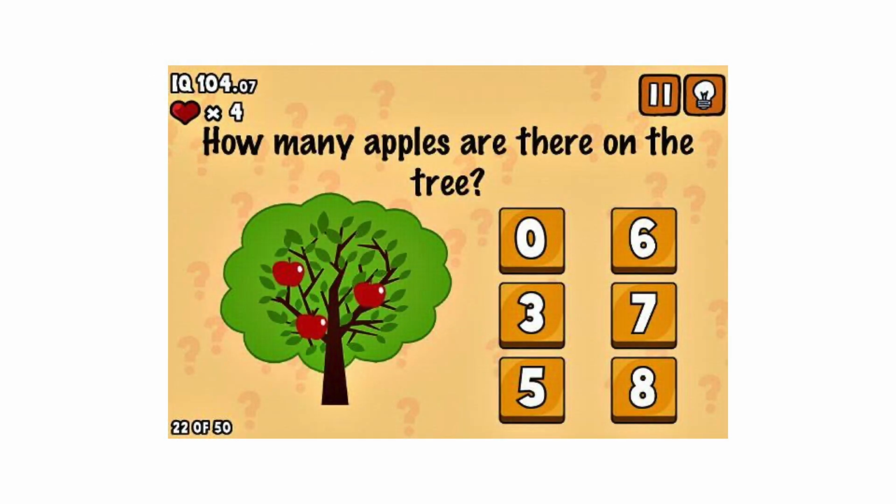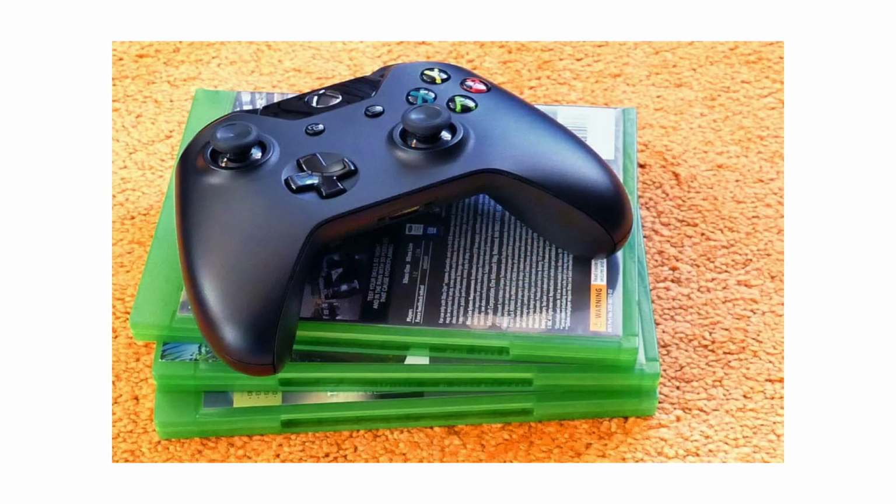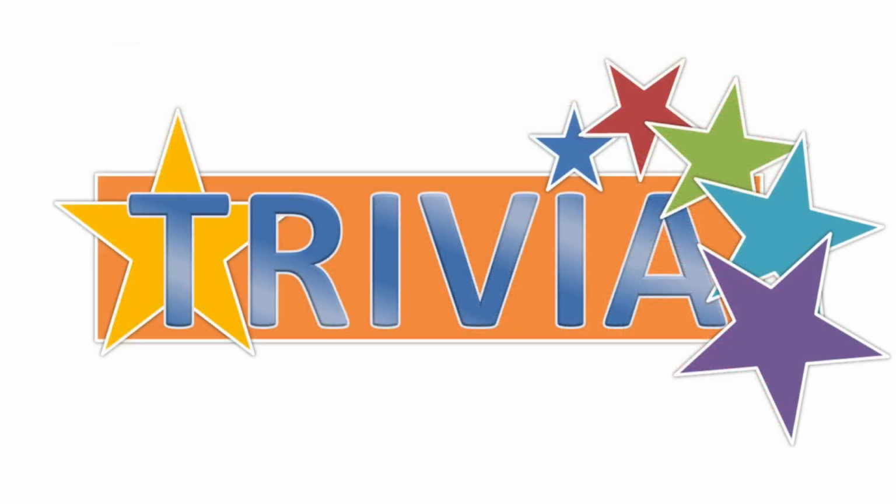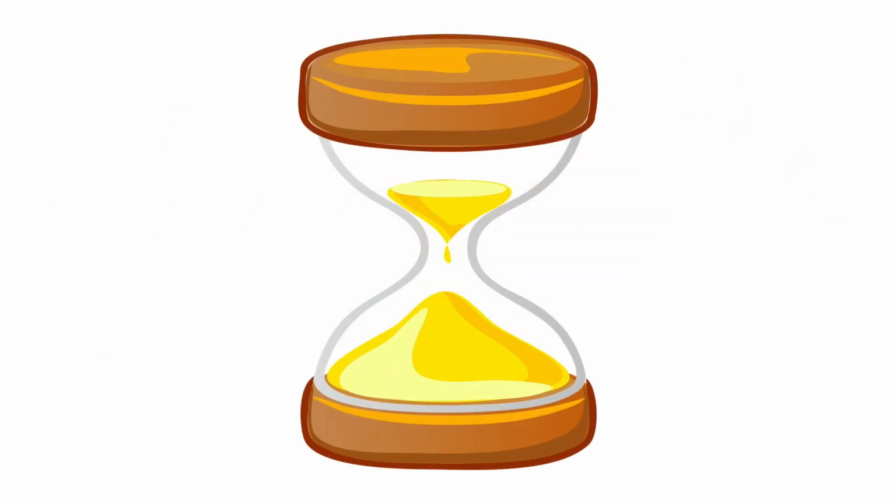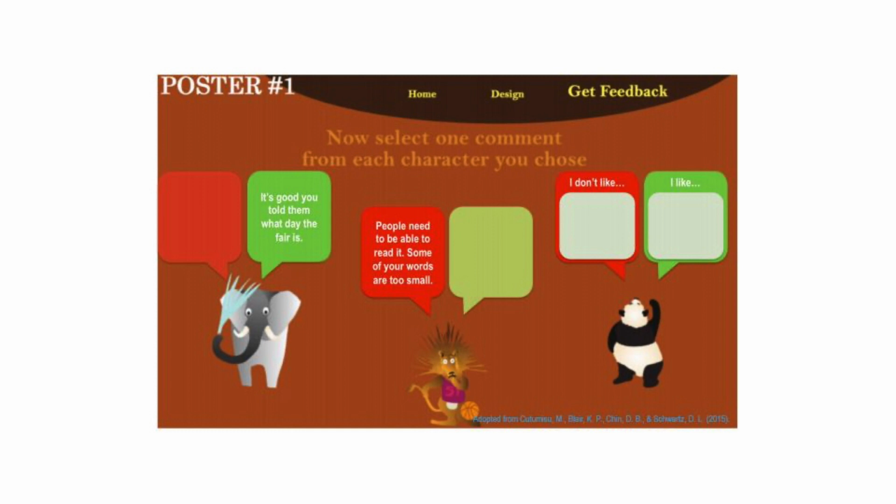Another kind of online question you can use in online learning is game type activities. Game type activities turn a series of test questions into a game. For example, a trivia game might ask learners to answer a certain number of questions within a period of time and award points based on the number of correct answers. Some tools give badges for the learner's performance.